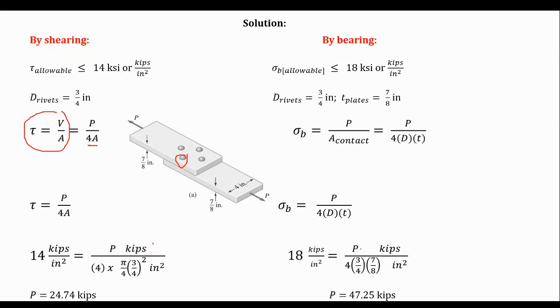So you can have P as kips. P is equal to 47.25. So the hole can take an applied 47.25. Otherwise, if it is overloaded,